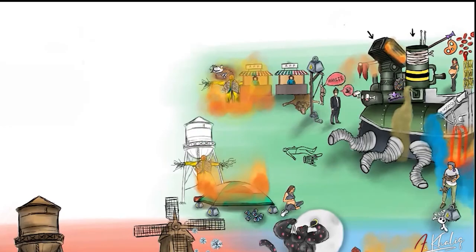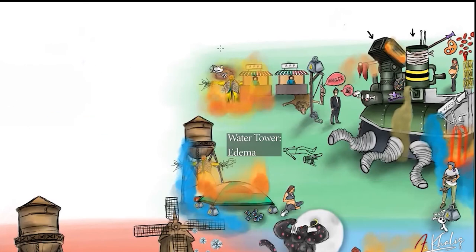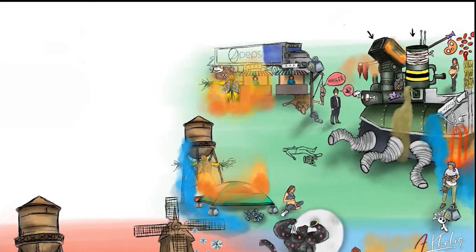Next, we draw this edematous water tank to represent edema, and to know more about edema, head over to our cardiology section to learn more. Next, there is a Pepsi truck, and the driver is just trying to deliver the Pepsis to the outlet. And you know what? For the promotion of the brand, we also got here a hot air Pepsi balloon.